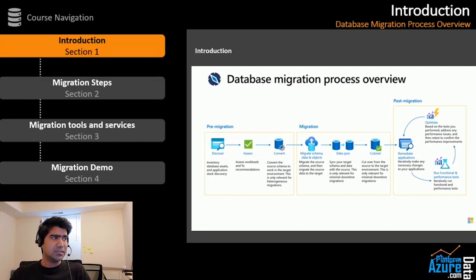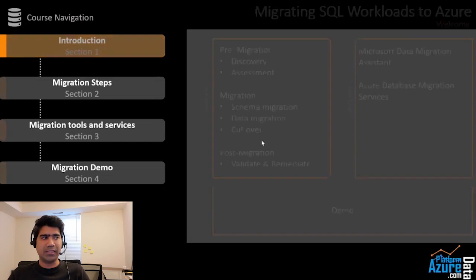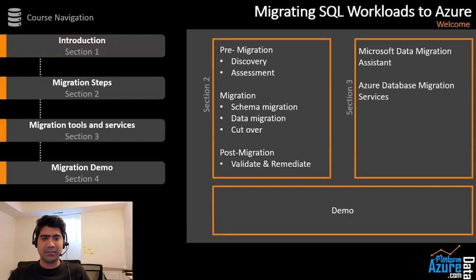Then there is convert. So convert is like the source schema to work in the target environment, right? There will be certain situations when some features or some code will not be compatible with your target environment, right? So in those cases, you will have to go and make changes manually before performing the migration part. Okay, so that is one optional step. It's not required for each and every migration step. Only when you feel that there are some codes which are not available, which are not compatible with Azure, then only you have to do that.